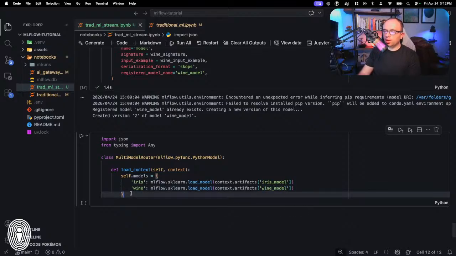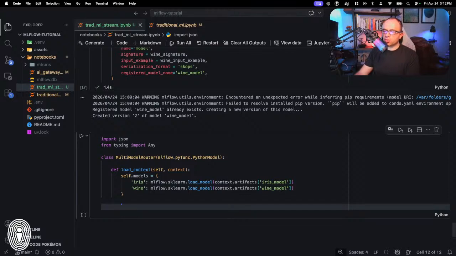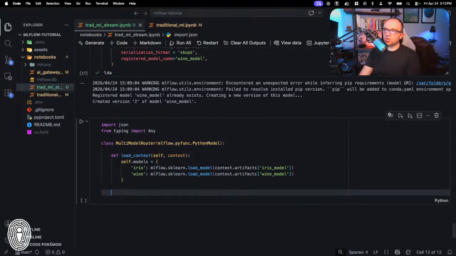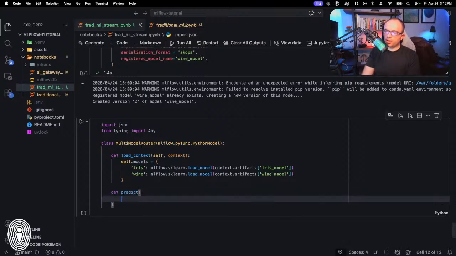Okay, now we need to create another function here. This is where the magic happens. We're going to create our own custom predict function here. By default, it's just invoking the model, and that's it. But we're going to have a few extra goodies.